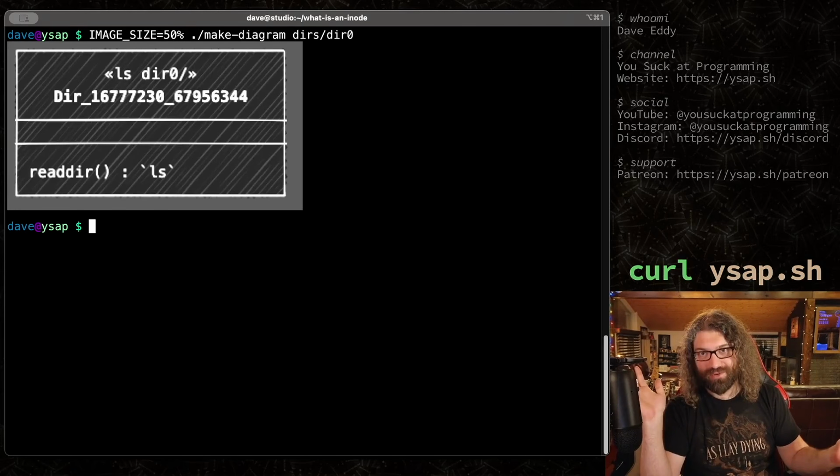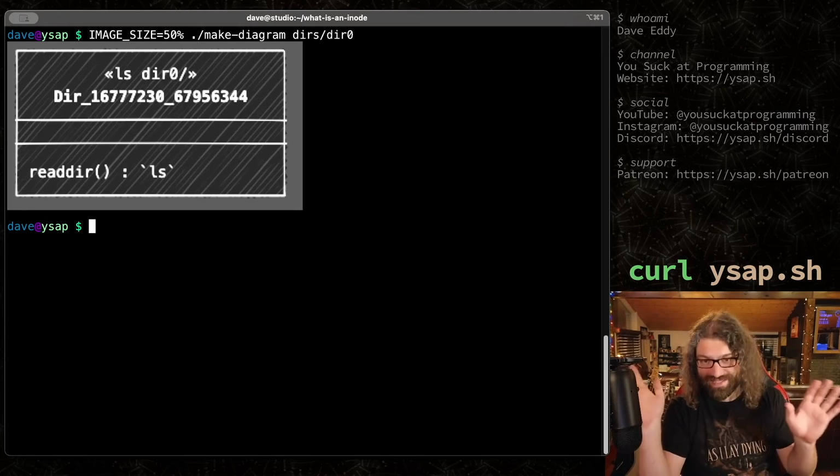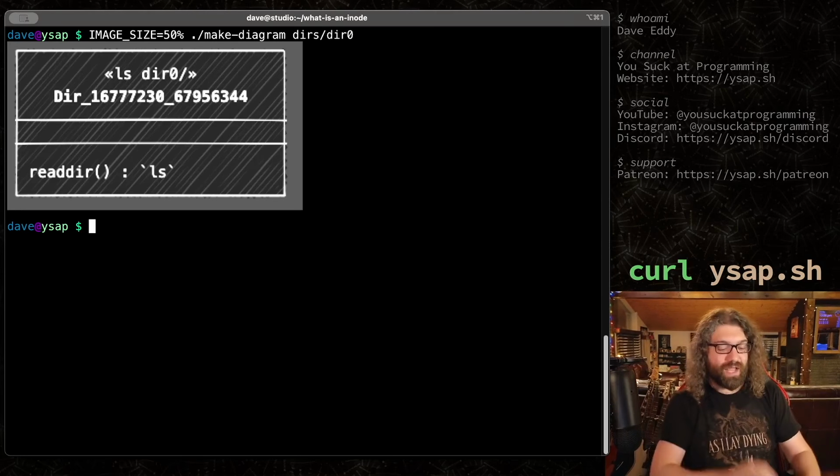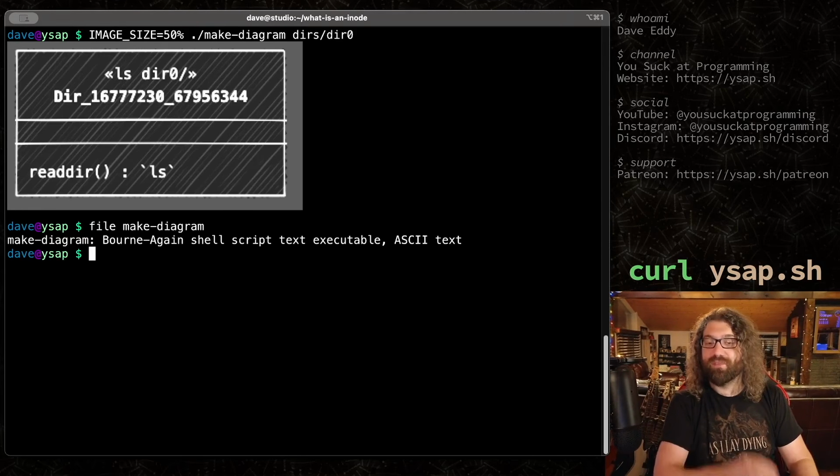Let's pause here real quick. You're probably wondering, Dave, what is going on here? You're running some program against a directory and it's making an image that's being output on your terminal? Yes, it's okay. Don't worry. This is a little bash script that I wrote. So if you run file on this, you can see it's a little bash script and it forks out to